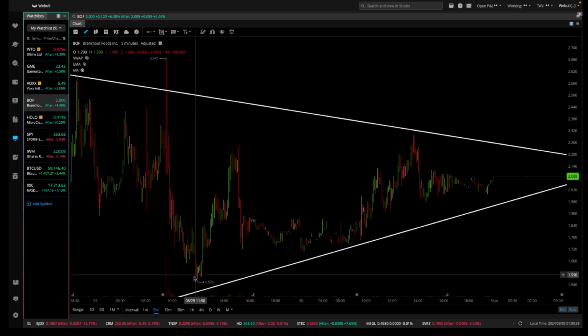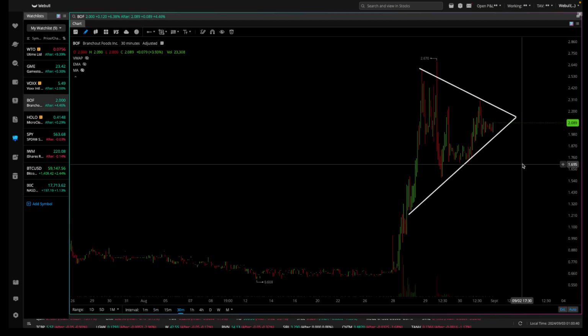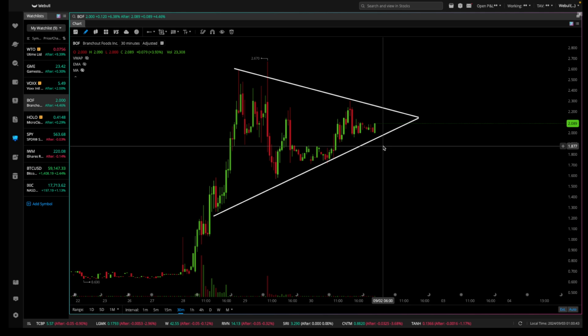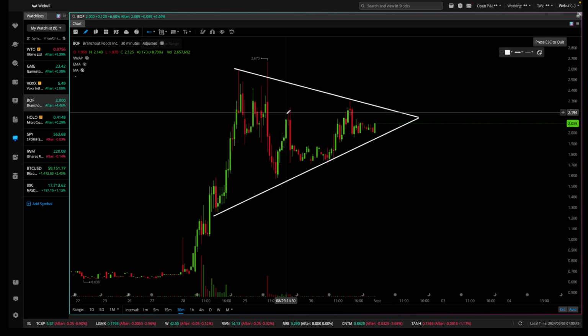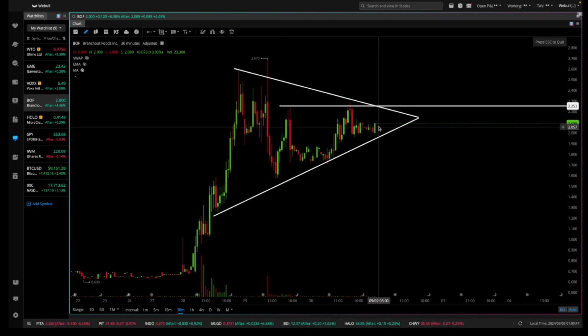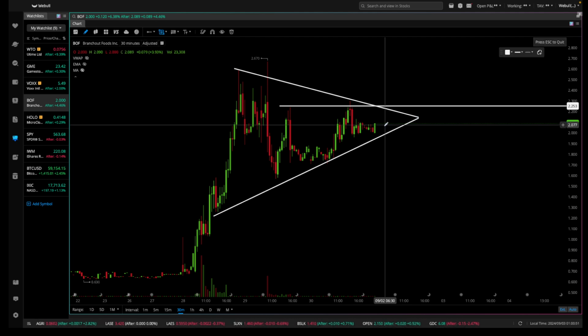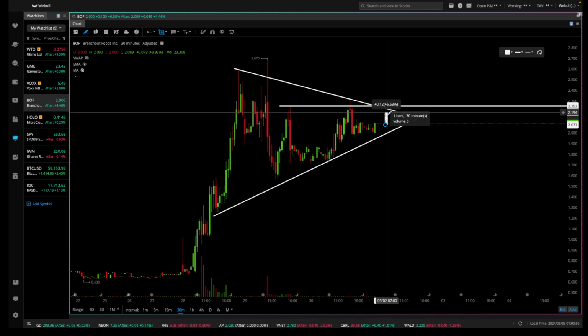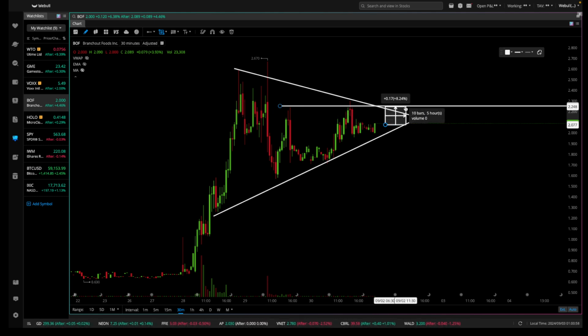Now another setup is BOF, and how would I approach this on profit taking, right? So like I said, we are at a key support zone. Now looking at the 30-minute time frame, you can quite clearly see we got resistance here. Let's say we enter here. If we entered here, my first profit taking would be around the 2.25 zone, and you can quite clearly see this is about 7%. So I'd probably keep about 2.22 just in case we reject off the psychological level and we can't really take